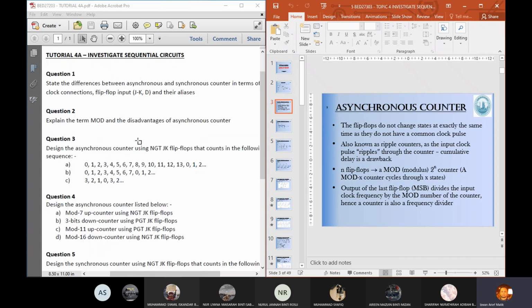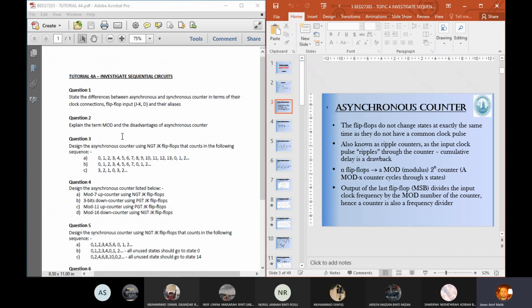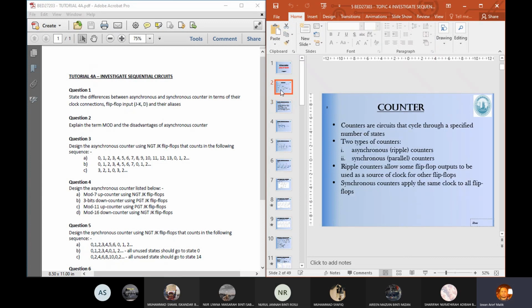To question 1. It asks you to state the differences between asynchronous and synchronous counter in terms of their clock connections, their flip-flop input, JK and D, and then their aliases. So this one you can find from my notes. Clock connections,